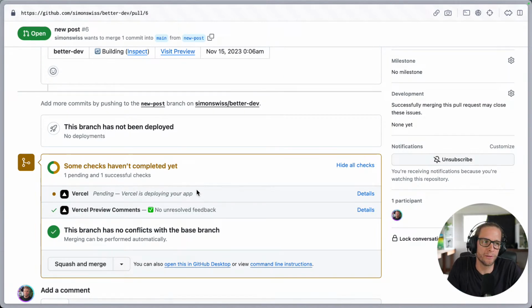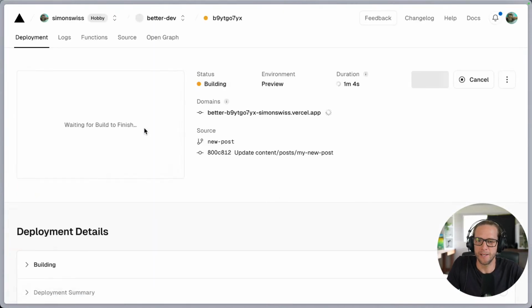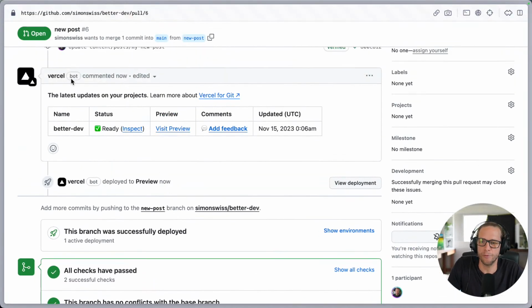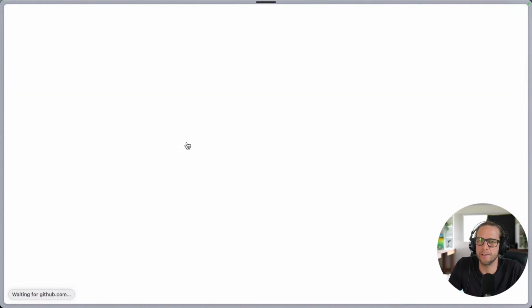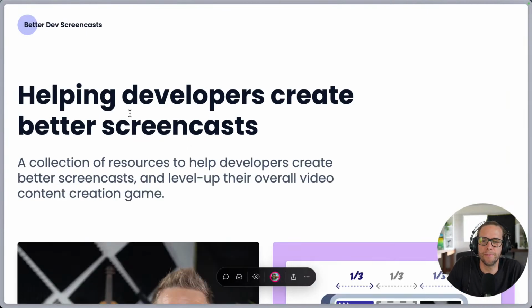And mind you, this is a small, simple site, so the build time is probably not that long. But you can imagine a scenario where you have build times of 3, 4, 5 minutes. It happens. And also explaining to non-technical people that they need to create the pull request and then go figure out the deploy link, not necessarily going to Vercel, but by clicking the link once it's previewed. Yeah, wait for this, and then you can visit preview. So it's not rocket science, but you still have to explain to your team, and then it's a bunch of